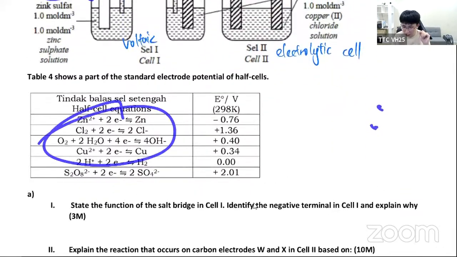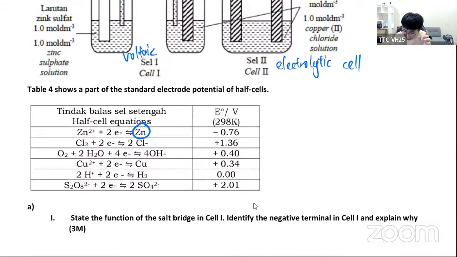Okay, how do we go? You see, first thing we find zinc. Where is zinc? Zinc is here, and then copper is here. But guys, if you go like that, be careful. You know why? Because they might not arrange your series in the correct arrangement. So how to arrange them in the correct arrangement? Here, we got all the negative 0.76, positive 1.36. So what you guys are going to do first is to rearrange